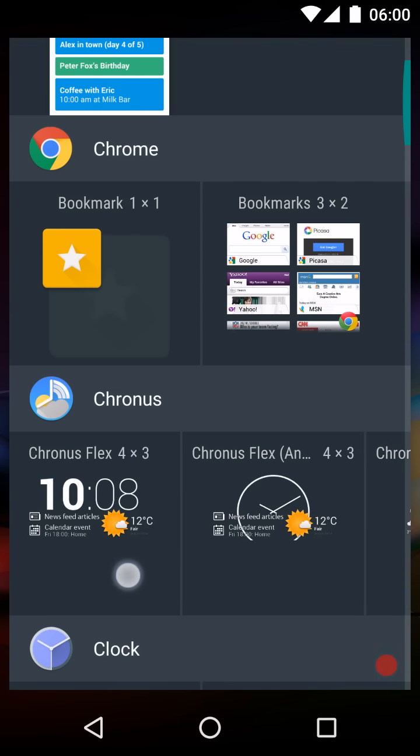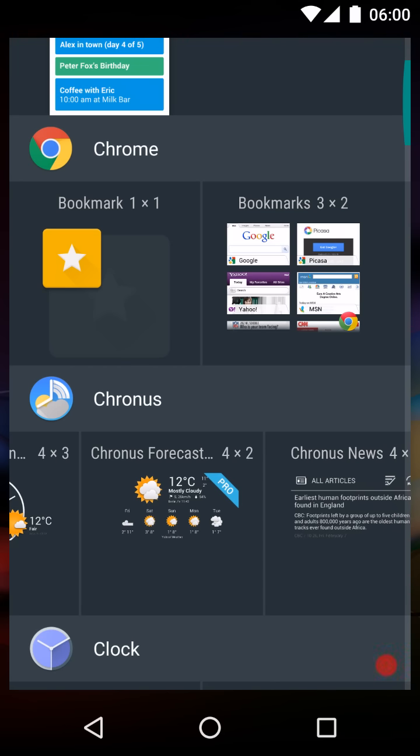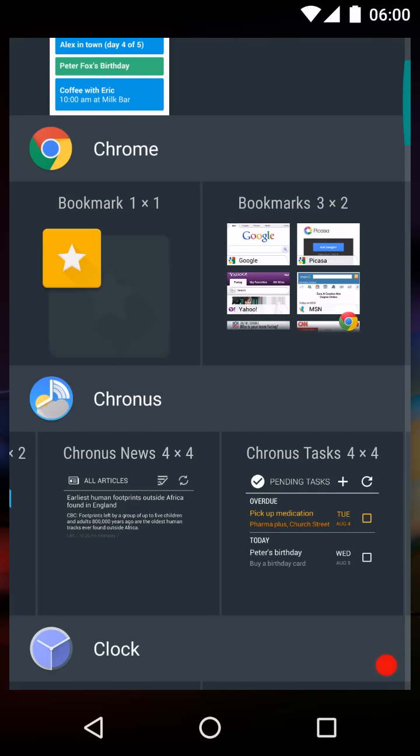And then there are two Flex widgets. These are widgets that have multiple components that you can turn on and off to show news feeds, calendars, weather, clock, and dash clock extensions. So these widgets support multiple components, and there's a digital flex and an analog flex version of the Chronus Flex widget. And then we have the standalone Chronus Forecast widget, the Chronus News widget, which is used to